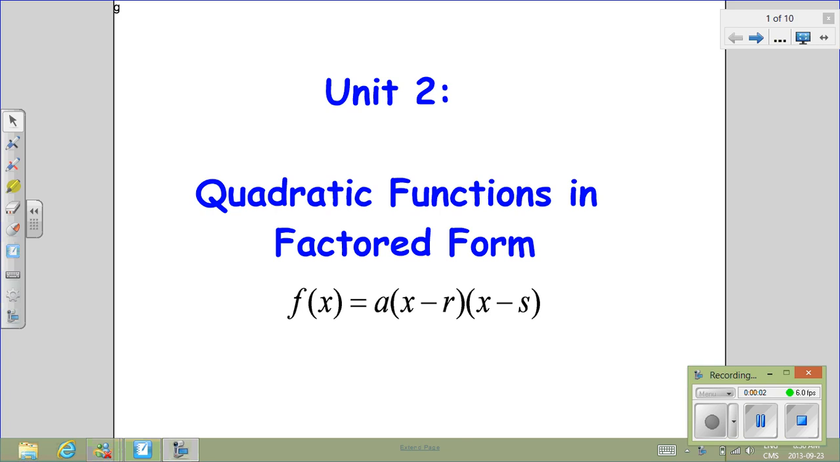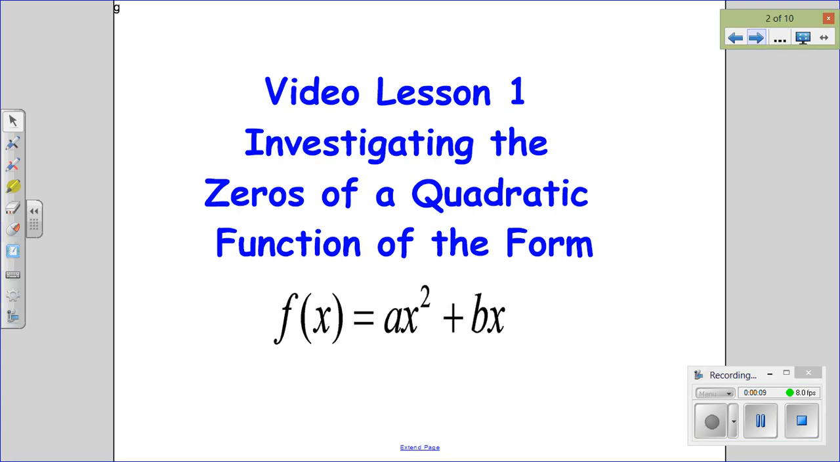Quadratic functions in factored form: f(x) = a(x - r)(x - s). We're going to start out by investigating the zeros of quadratic functions of the form f(x) = ax